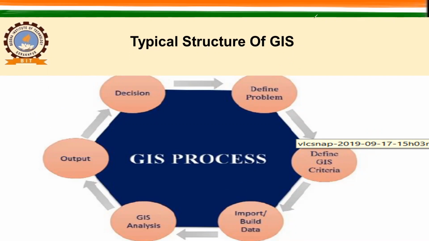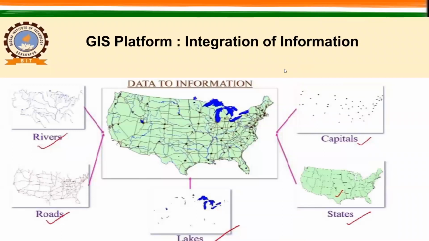ठीक है. अब इसके बाद का जो स्लाइड है वो डिफाइन करेगा GIS प्लेटफॉर्म के बारे में. ठीक है. Integration of information. So you have seen earlier that in GIS we have flexibility, we can bring different information together. So here you have one example in this map. These points are basically representing the capitals. Here you have a state boundary, but here you have water boundary. ठीक है, state boundary है आपके पास, water boundary है आपके पास, right?